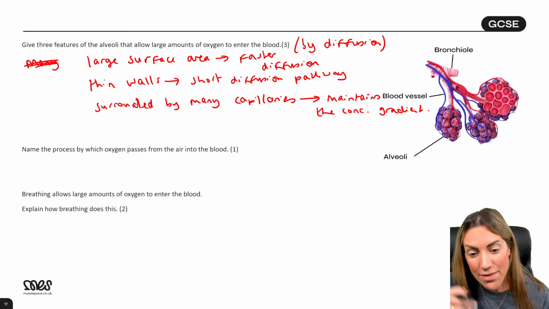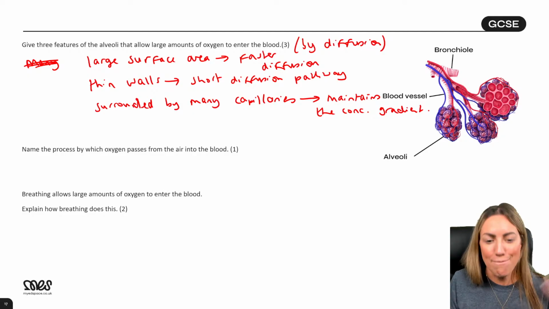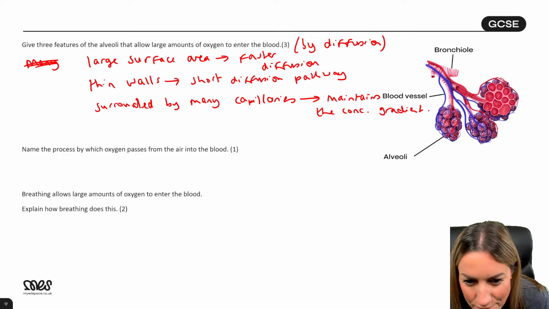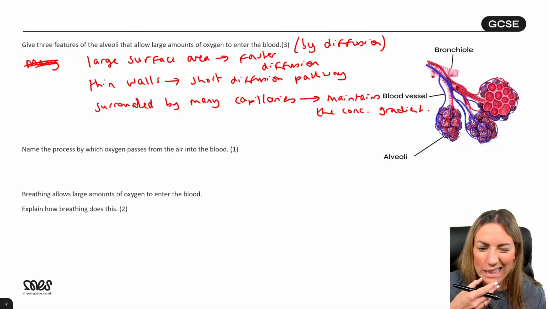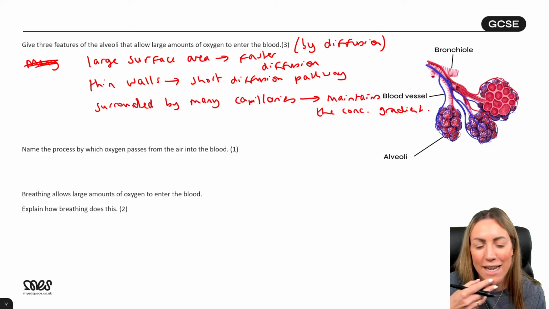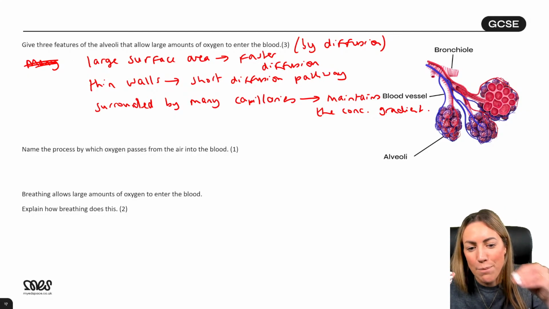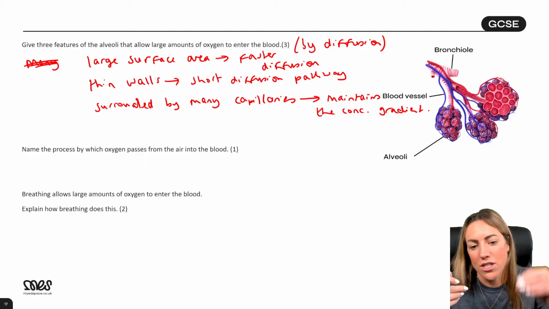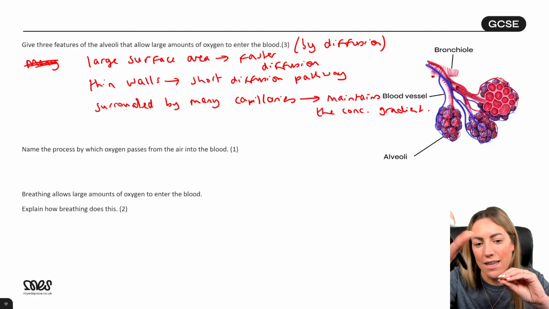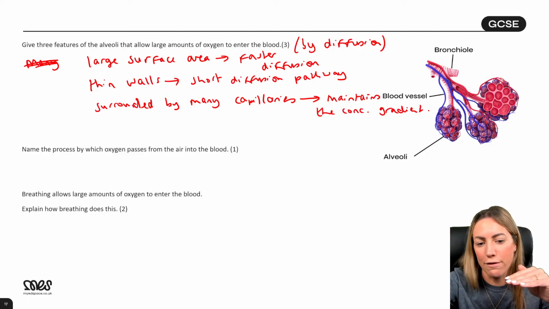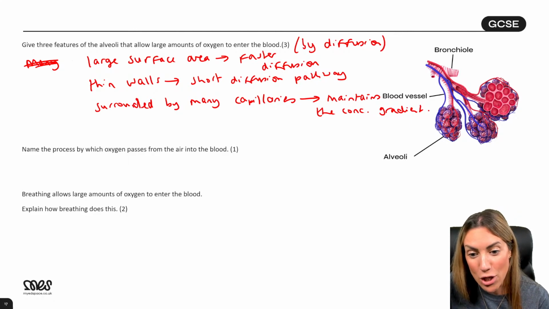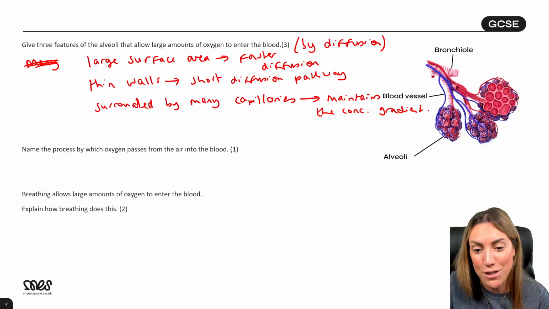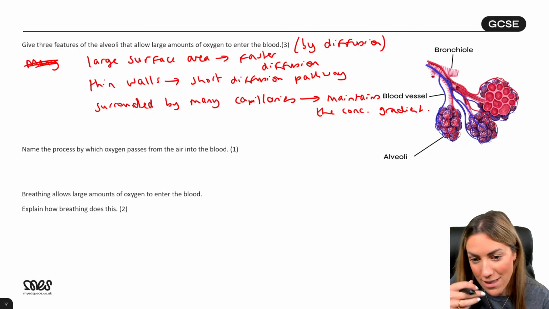Well ventilated, yeah, the lungs are well ventilated. Again, that maintains the concentration gradient. I've got a question on that now in a second. Do you have to explain the concentration gradient? Not really, no. Maintains the concentration gradient. But the explanation is there's always going to be a lower concentration of oxygen in the blood than the air sac. So it will always diffuse from the alveolus into the blood. Moist walls is never on the mark scheme, just so you know. I mean, yes, they do have moist walls. Large surface area is always on there.